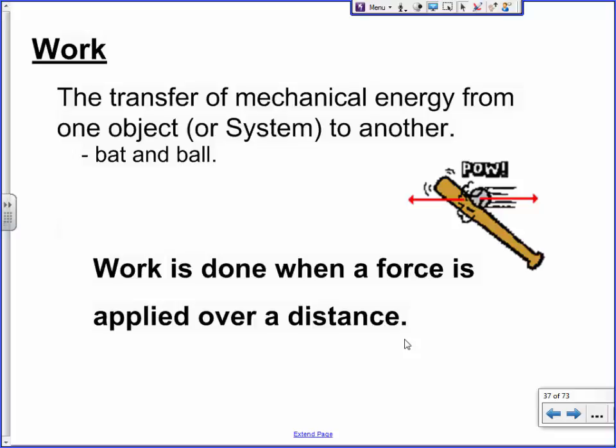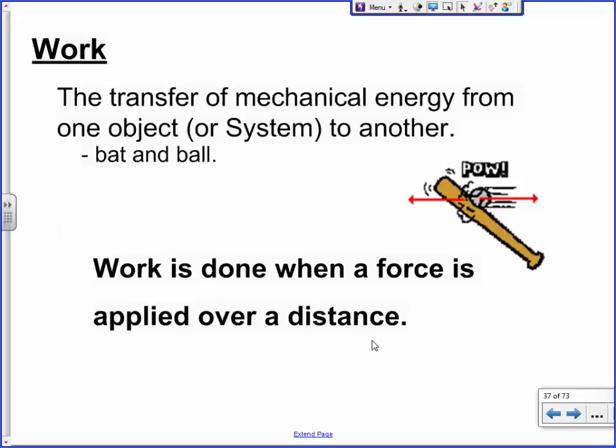So a lot of times we intuitively can pick up and it passes the smell test and you go, no, that's got to be work, right? But it's kind of hard to define it because sometimes we define work as transferring energy and sometimes we define energy as the ability to do work. Sometimes those are the definitions. Energy is the ability to do work and work is the ability to transfer energy. So here's maybe a better definition for work. It's more of the formula.